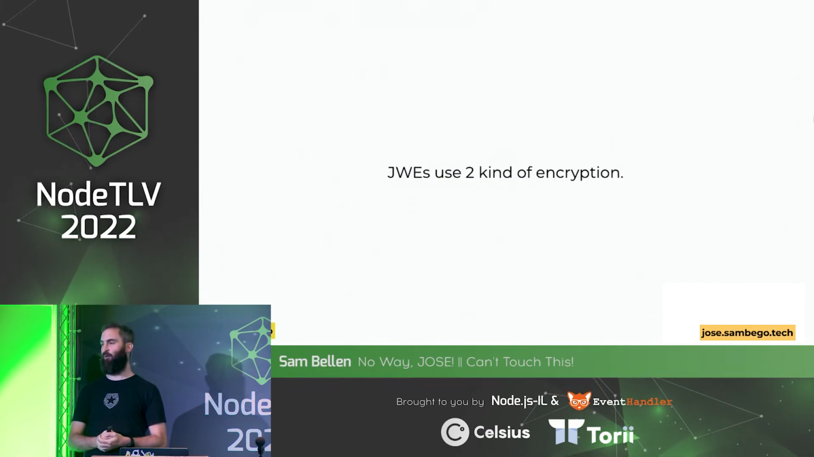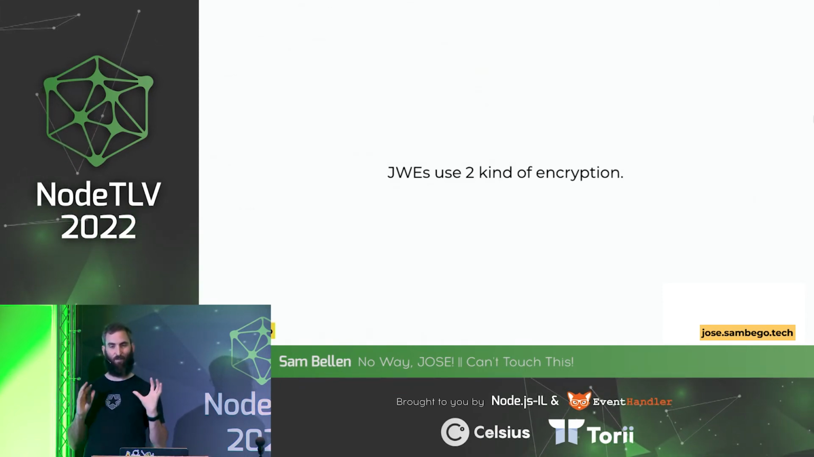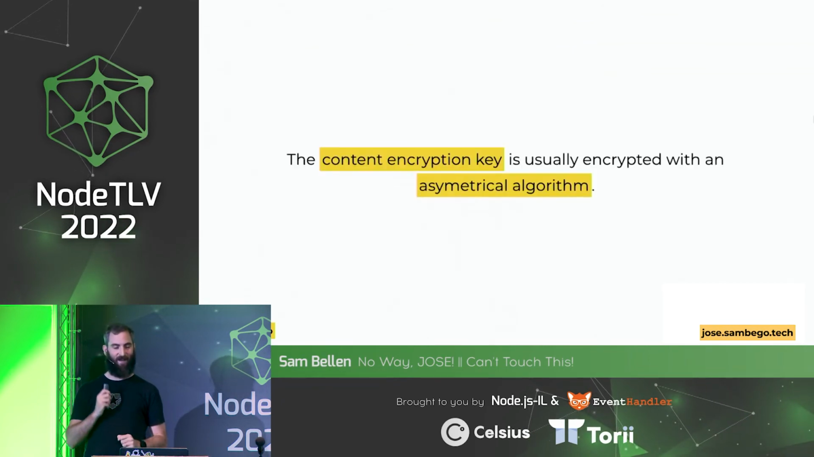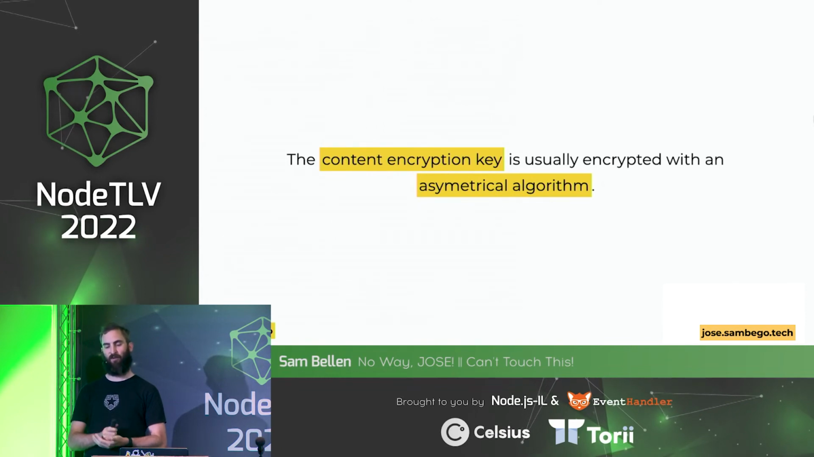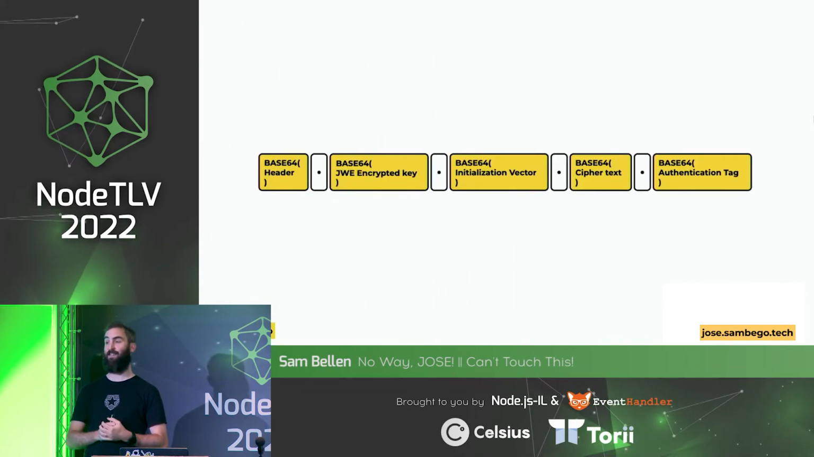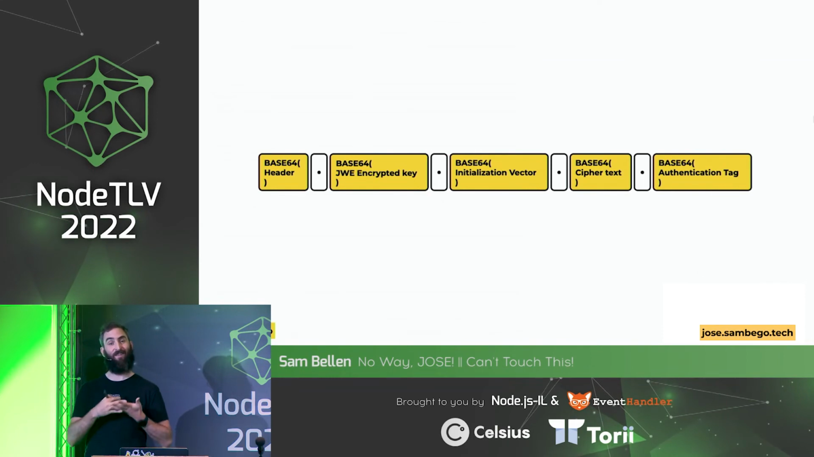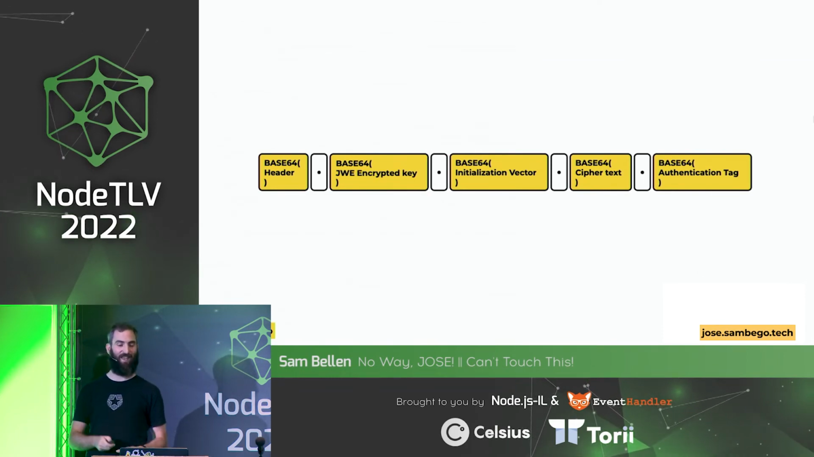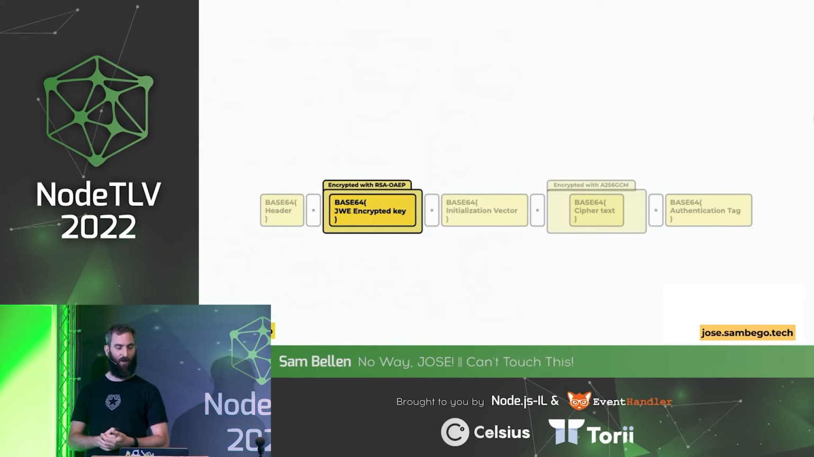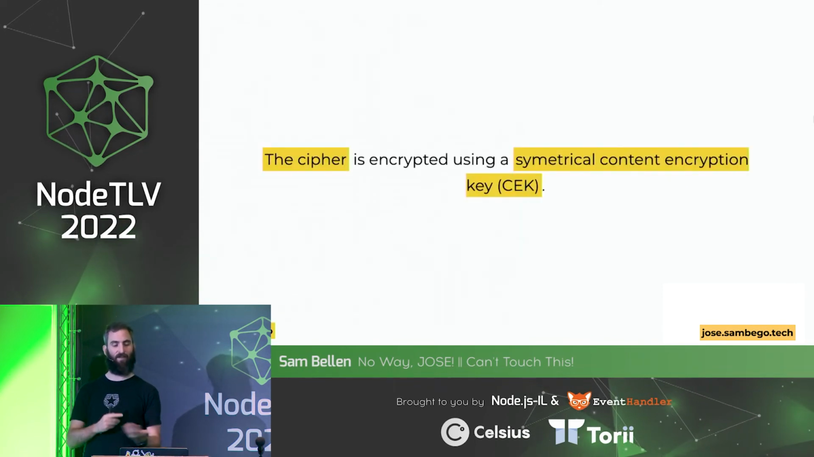JWEs use 2 kinds of encryption. You know that we saw that there's symmetrical encryption algorithms and asymmetrical encryption algorithms. JWEs use both of them at the same time. And the content encryption key is usually encrypted with an asymmetrical algorithm. And the content encryption key, if you look at this, is the second part of this string. It's the actual key that we need to decrypt the actual cipher. But this key is encrypted again for security reasons using an asymmetrical algorithm. So if we want to, and the cipher is then encrypted using this content encryption key, which you first have